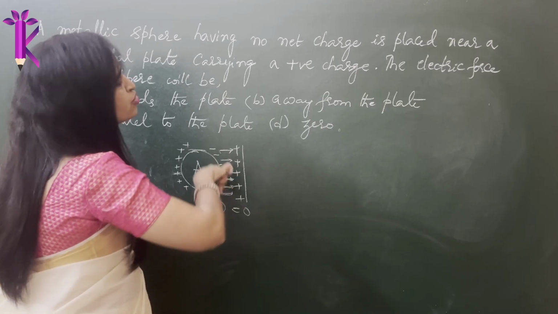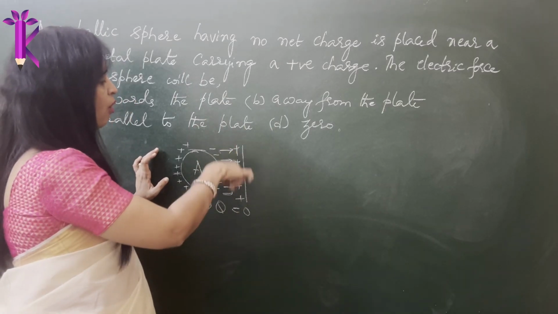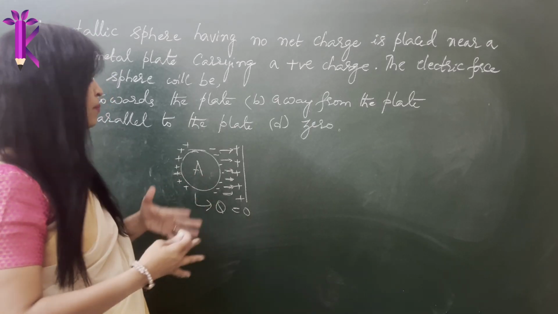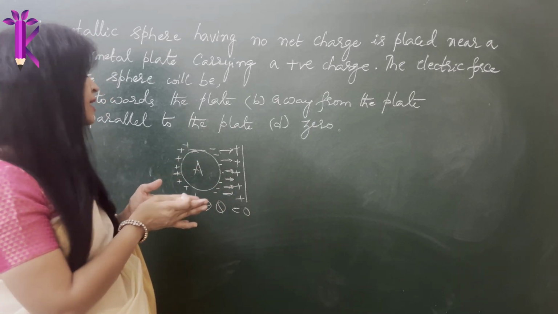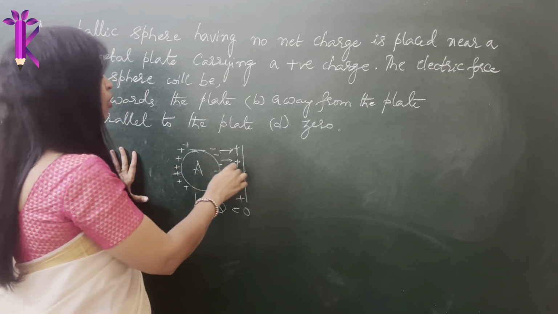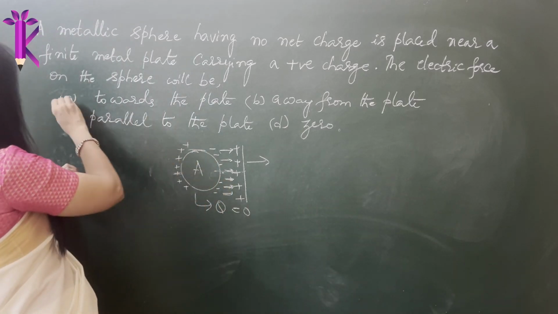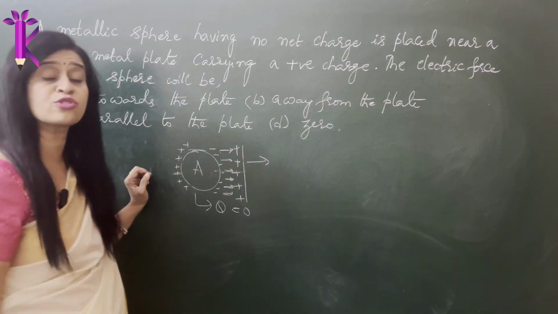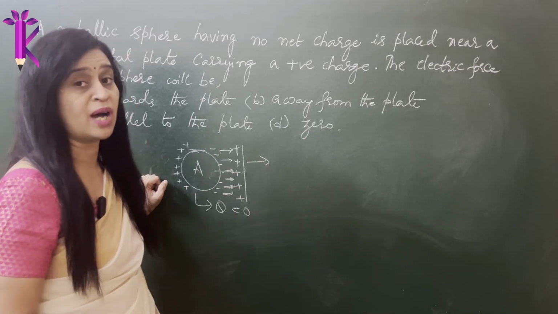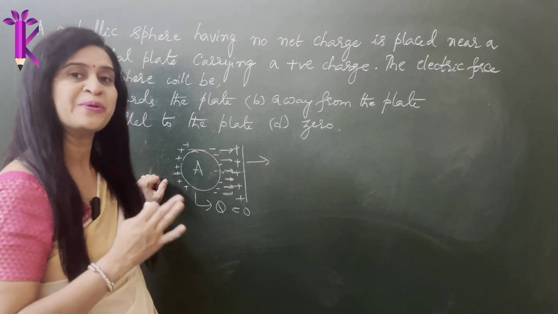The electrons want to jump out of the sphere and go and collect on the metal plate, but that is not possible. They can't really escape unless both of them are in contact, or unless both of them are connected by a metallic wire. So therefore, obviously, the electric force is towards the plate. They experience electrical force towards the plate, and all this you will be able to answer if you have understood charging by induction really well.